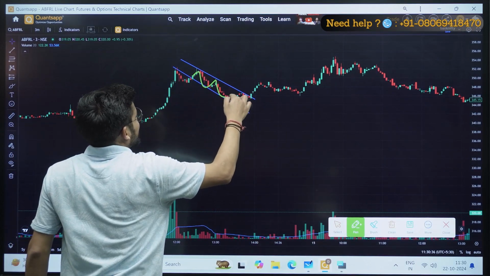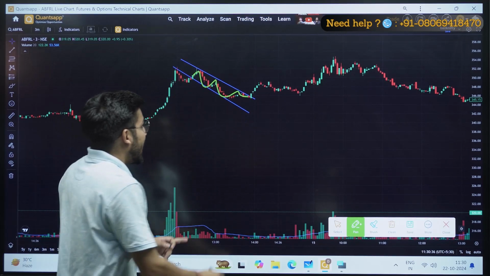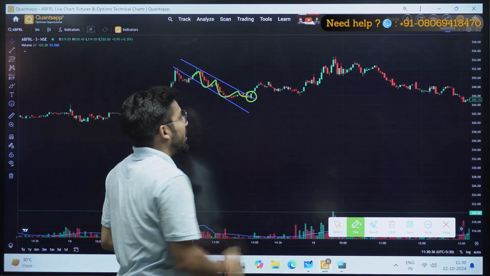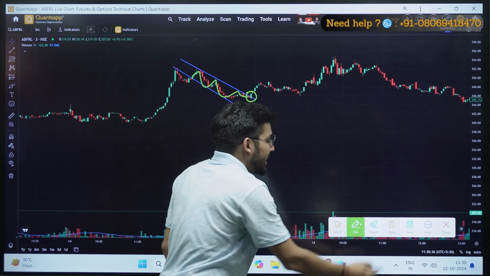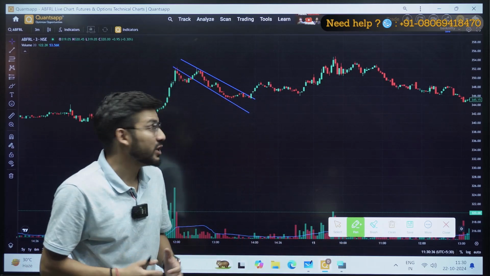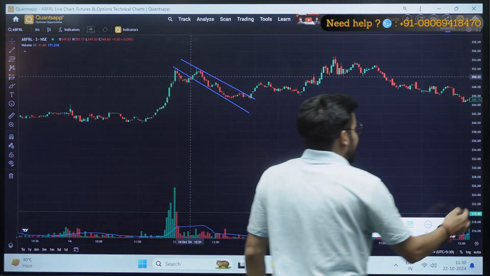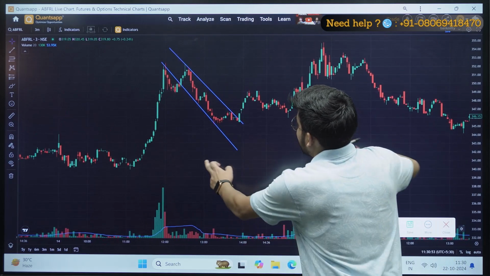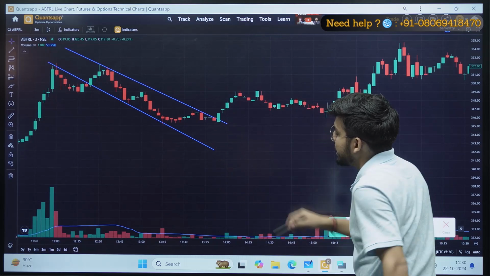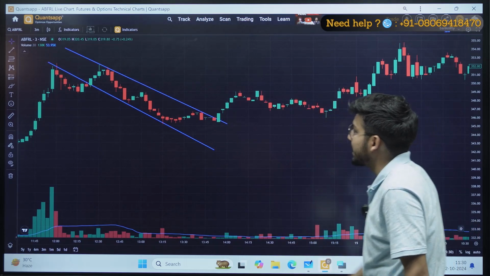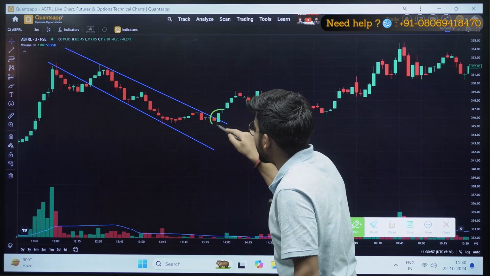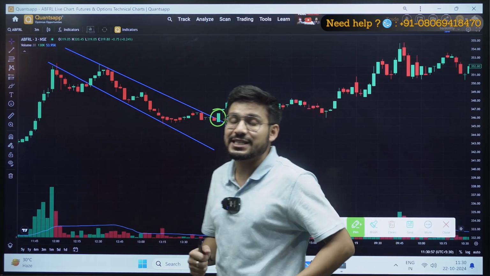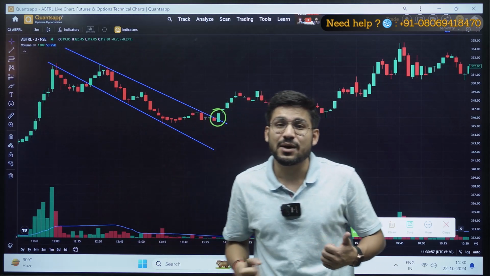My market was trending in between, and then I got a good candle that broke it out. You can see a good candle, and that candle is not just good, but it is a bullish Marubozu in nature, as well as a bullish engulfing candle also, right? So I got a confirmation with candlestick pattern. That is how you analyze the market.